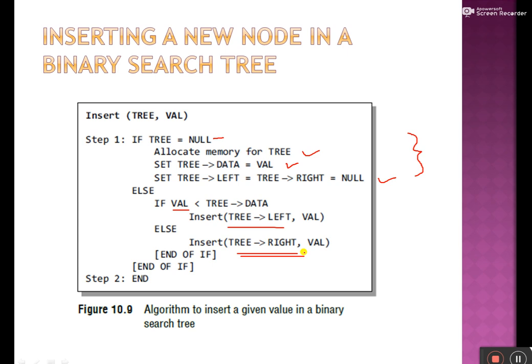The insert function continues moving down the levels of a binary tree until it reaches a leaf node. The new node is added by following the rules of a binary search tree. That is, if the new node's value is greater than that of the parent node, the new node is inserted in the right subtree, else it is inserted in the left subtree. The insert function requires time proportional to the height of the tree in the worst case. It takes order of log n time in the average case and order of n time in the worst case.